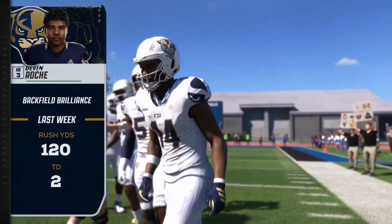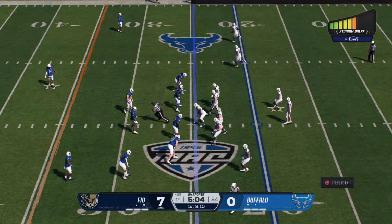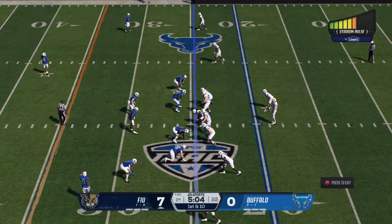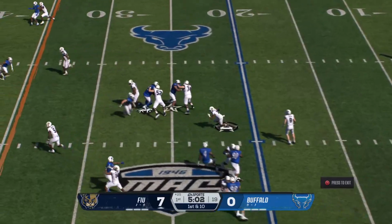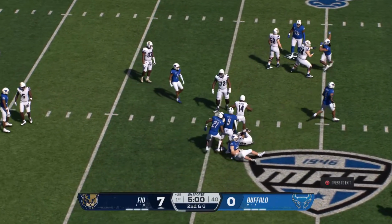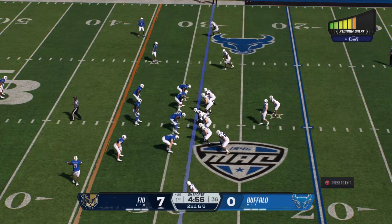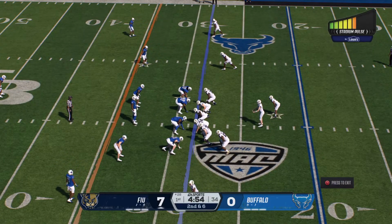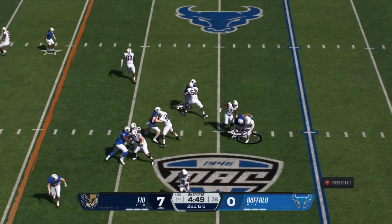And last week, you want to talk about a guy using every tool in the bag from the running back position. David, this guy did it. He was a monster, man. I think when you turned on the tape this week, you saw it, man. So many different ways he could hurt you, and he could be a focal point of this offense. The defense, they know well and good of what happened last week. And their first objective this week, Palmer, is to stop that dude. Yeah, they know the entire...